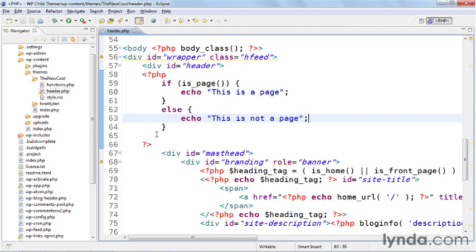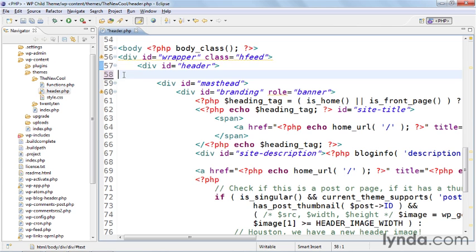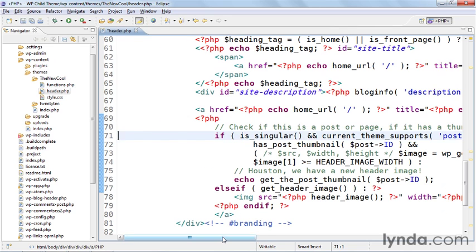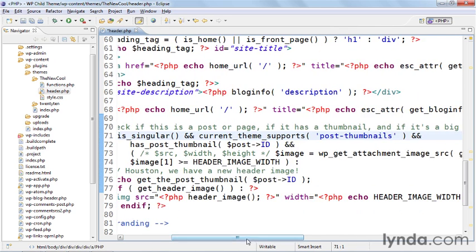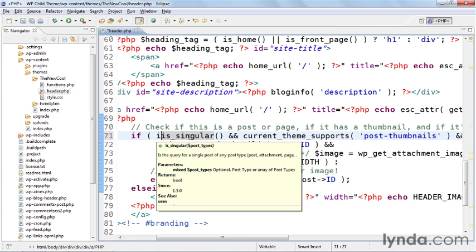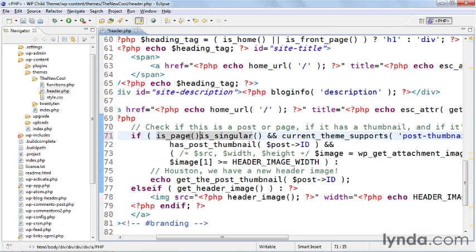So now I'm going to use that is_page function to get rid of the header image. I'll go back to Eclipse and just take out my example here. And then I'll find the actual code that creates the header image. It's down here on line 71. And I noticed that there's already a conditional statement here that says if is_singular and current_theme_supports post thumbnails and it has post thumbnail post ID, blah, blah, blah, else get the post thumbnail. So what I want to do is add an additional condition here. So I'll simply go in and say is_page like I did before, and then say double ampersand, which means and